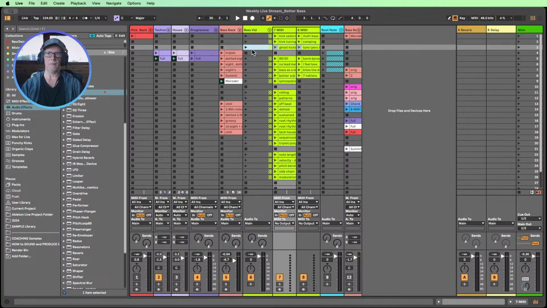I love playing stuff in. Then I've got the choice of not quantizing or leaving things with some swing and little bits of errors, but kind of good sounding errors, and I'll tighten up what I need to tighten up, and I'll leave the rest to be free flowing. A little bit tricky to play sometimes in the stream because of latency. I've tried to bring that down, but that's another story for another day.